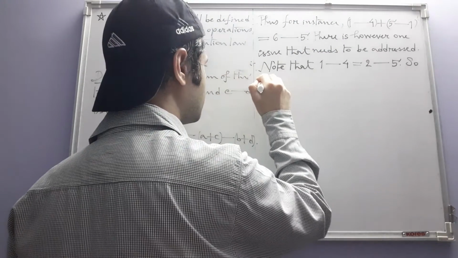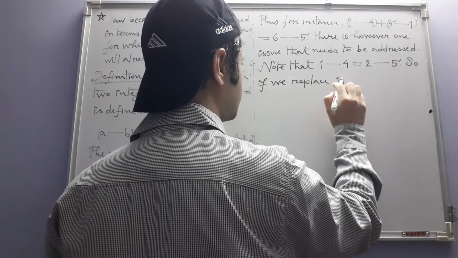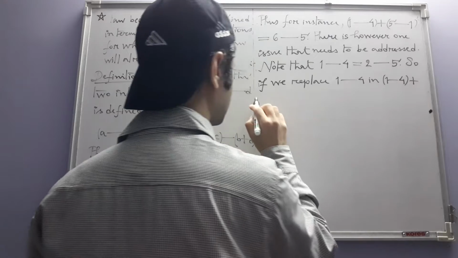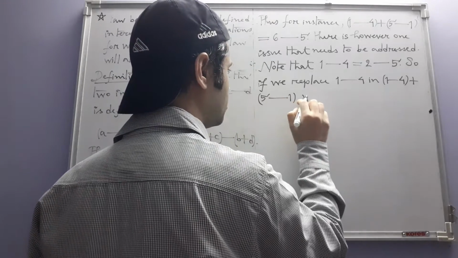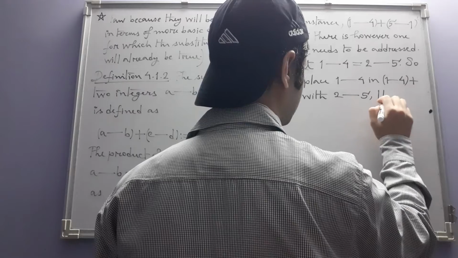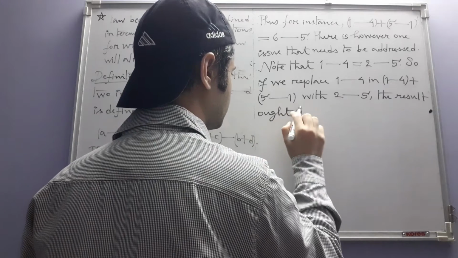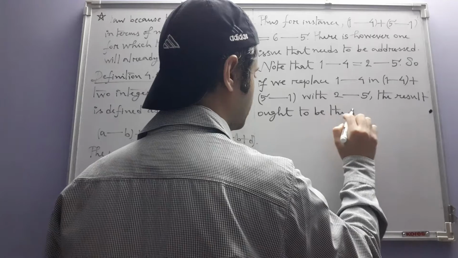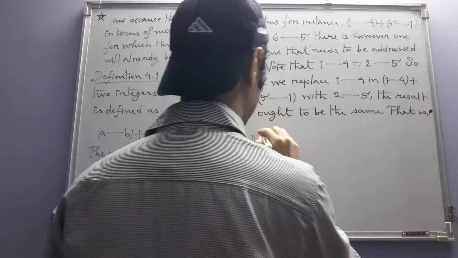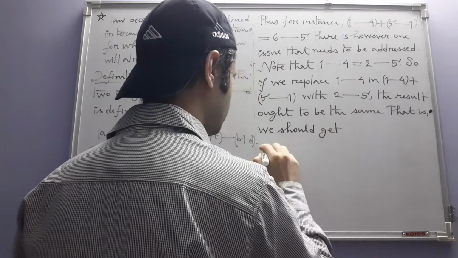So if we replace 1 dash 4 in 1 dash 4 plus 5 dash 1 with 2 dash 5, the result ought to be the same. That is, we should get this: